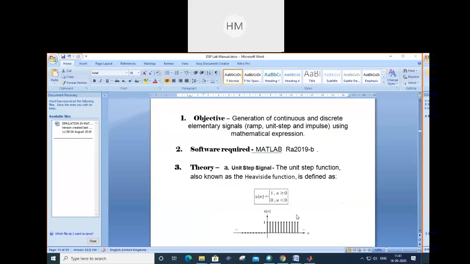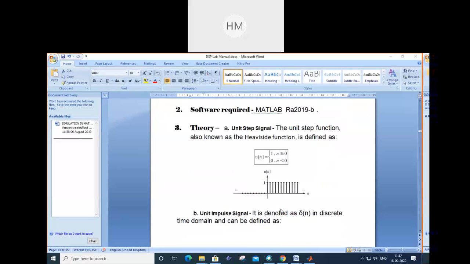So what can we do while generating this signal? We will generate one signal. Clear? And see, you can define your signal from -n to n. It's your wish. Nothing is mentioned in the aim, or you can start from n is equal to 0 to n is equal to 10, 20, whatever timings you can take. Clear? You can take -10 to 10. You can take 0 to 10. Nothing is fixed. You can use your own, but you should mention that clearly while writing the program.